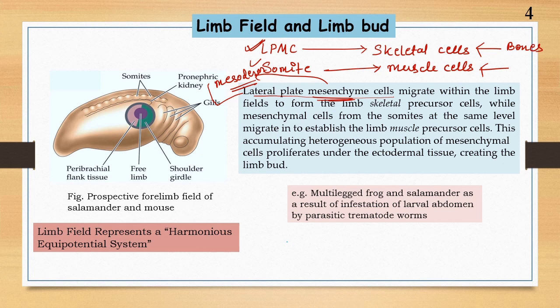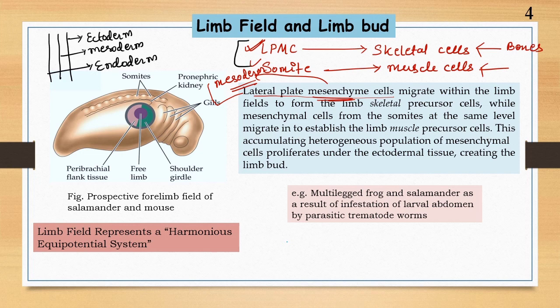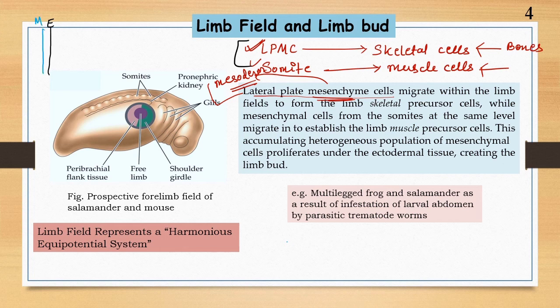Our body has three germ layers. The outer one is known as ectoderm, the middle one is known as mesoderm, and the inner one is known as endoderm. So these two precursor cells will accumulate beneath the ectoderm and start proliferating. Suppose this is the ectoderm and this is the mesoderm. When they accumulate there, they start proliferating beneath the ectoderm,